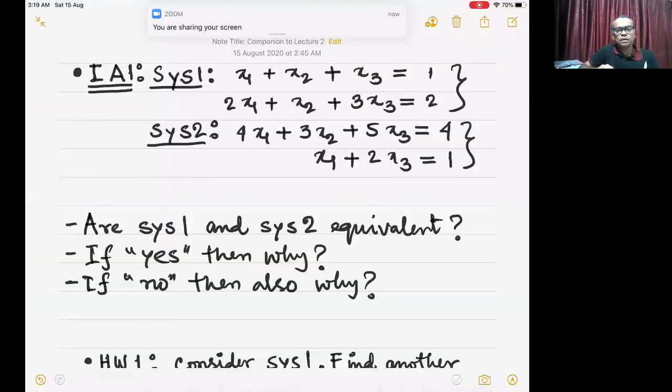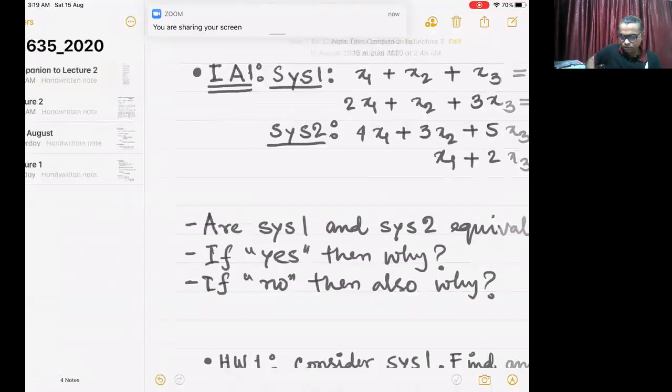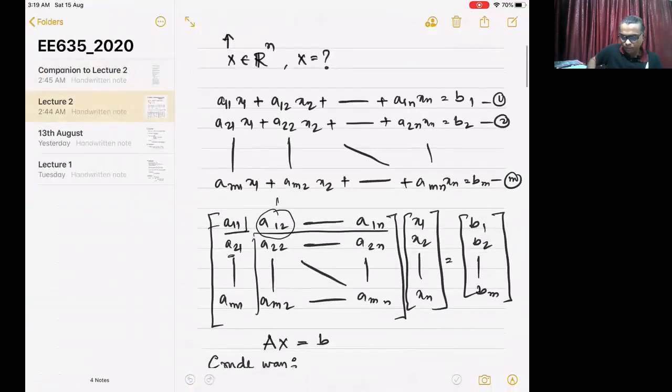Okay, so let me share my screen. Right, it should be visible to you any minute. Yeah, this is visible. So let me go to the whiteboard. Okay, so